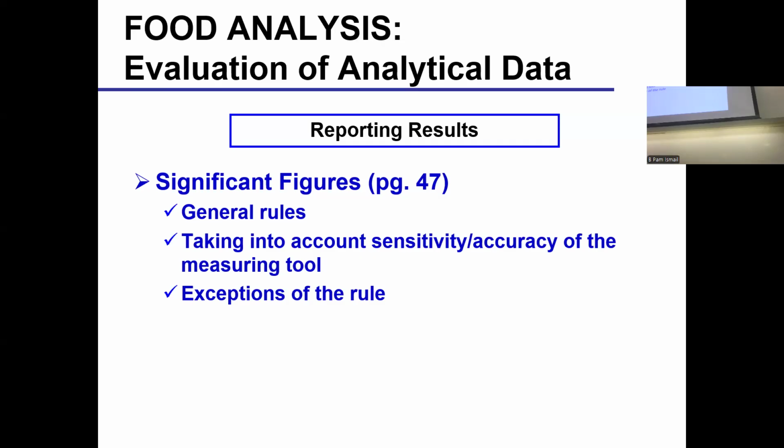So let's say you're using an analytical balance and you need to weigh 2 grams of sample for ash analysis. We tell you it should be close to 2 grams. You don't have to get the balance to exactly 2 grams. And then you weighed and you got